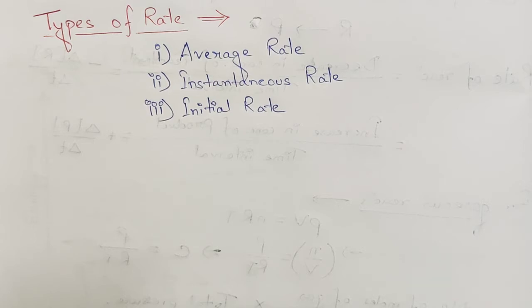So according to the law of mass action, we can express that as the average rate of reaction. Instead of writing the rate of reaction, we will use the average rate of reaction, and we will express that as the change in concentration of the reactants or products per unit time. So the average rate of reaction can be expressed as,